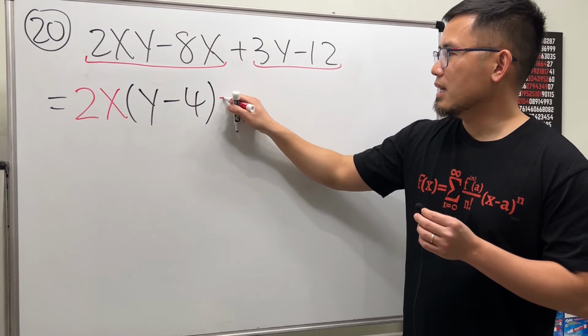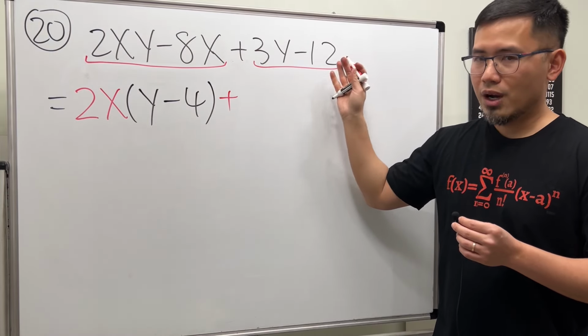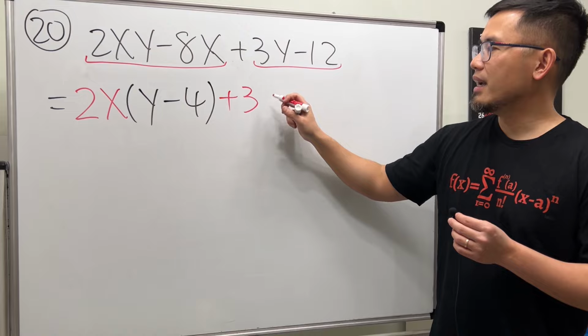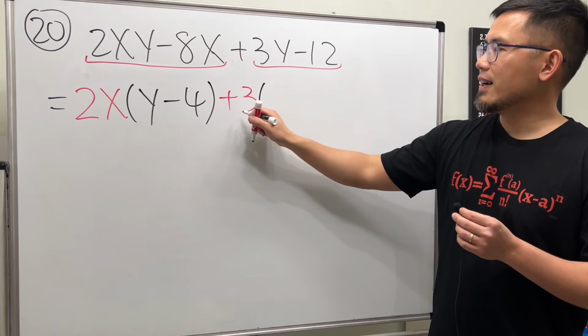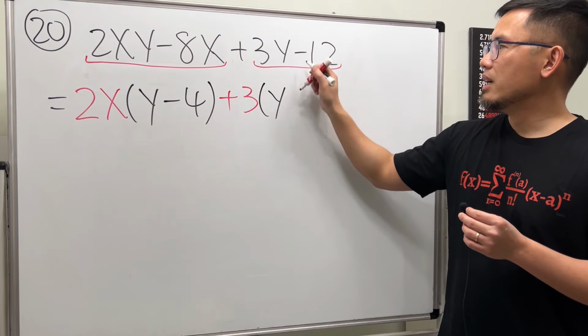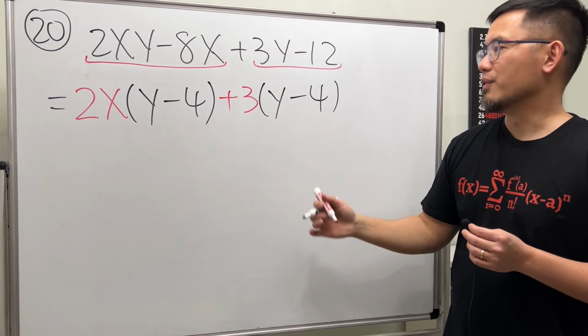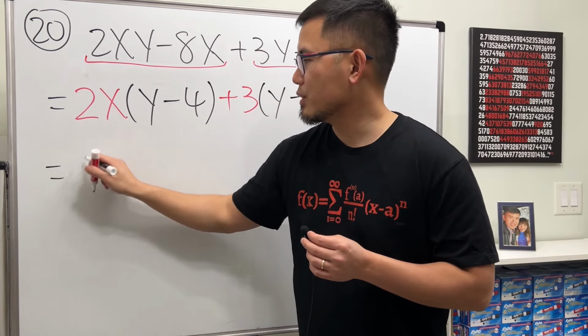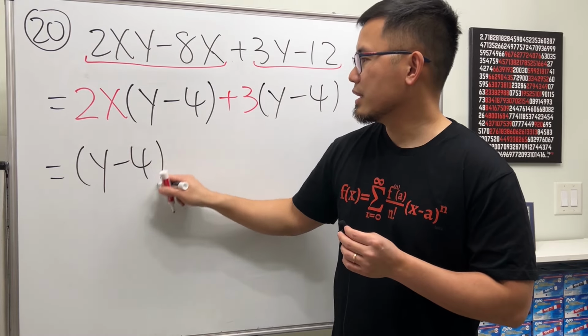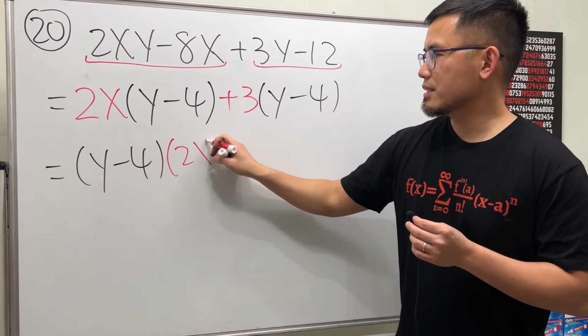Now this is a plus. 3 and 12, we can factor out 3. And then 3y divided by 3 is y. Negative 12 divided by 3 is minus 4. So finally, this and that are the same, so we can just factor that out, and then we have 2x plus